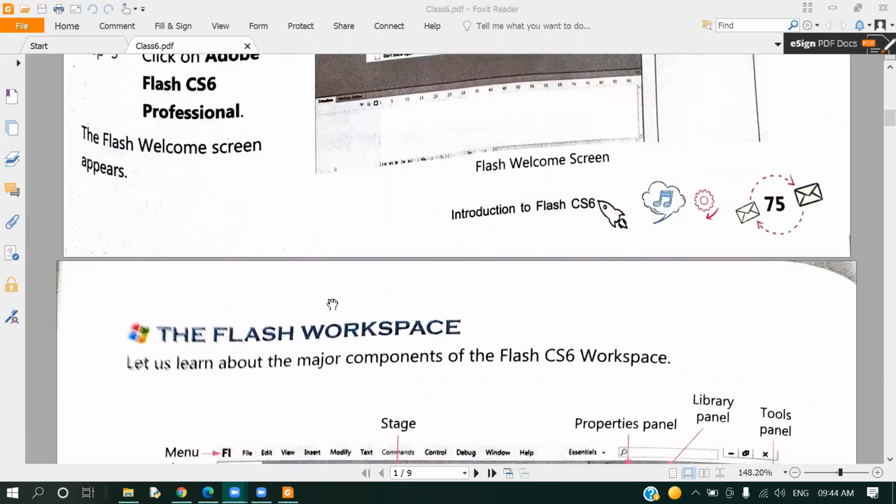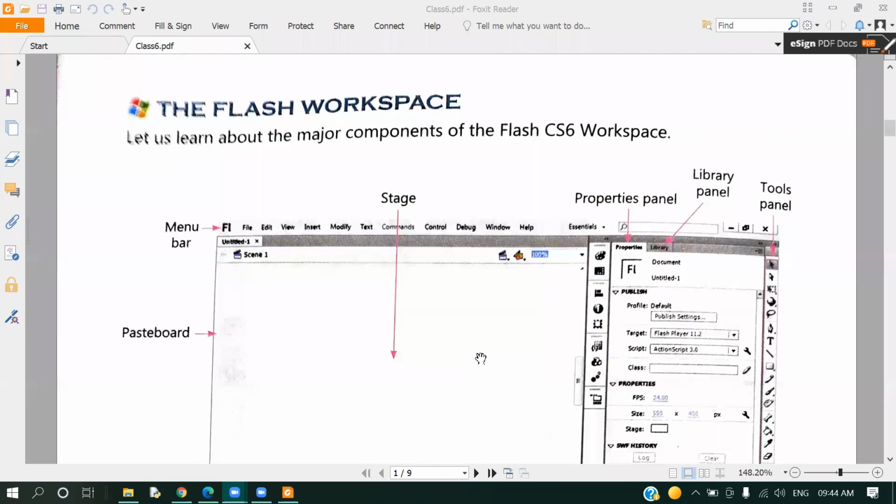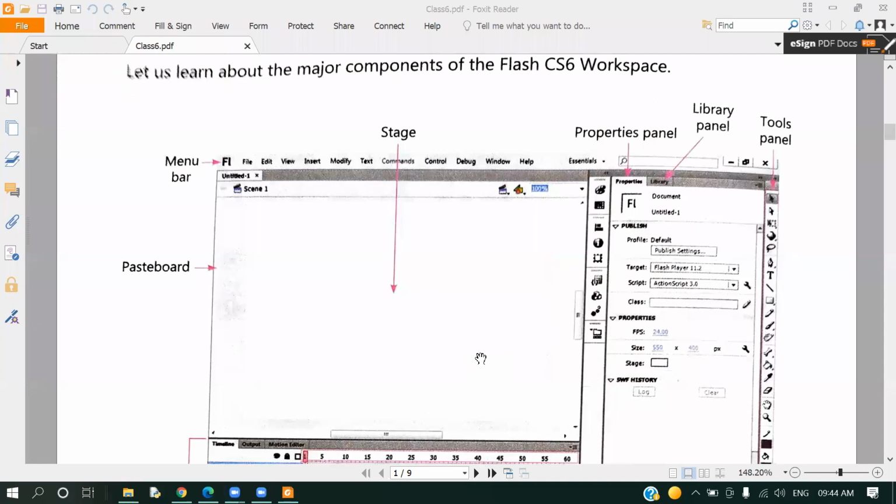Now, this is the complete window of Flash, in which you are having different components.